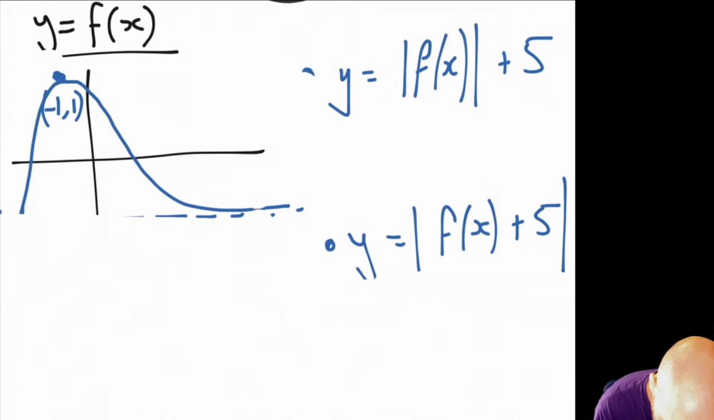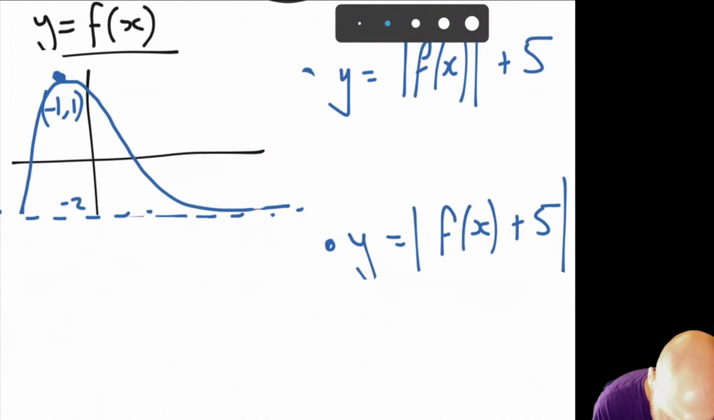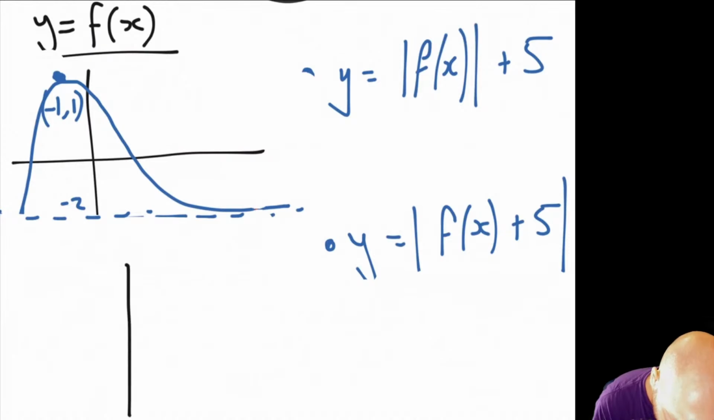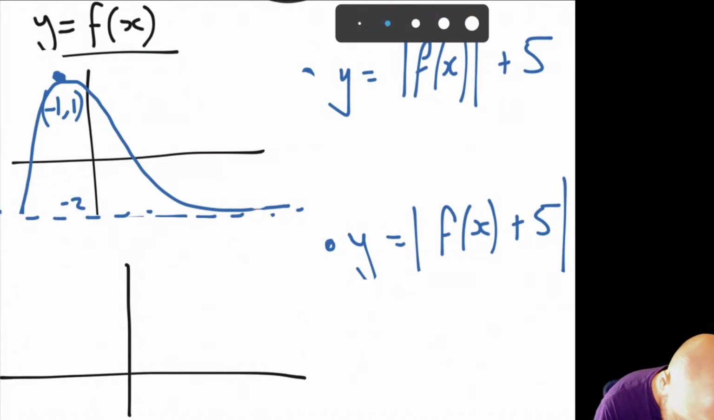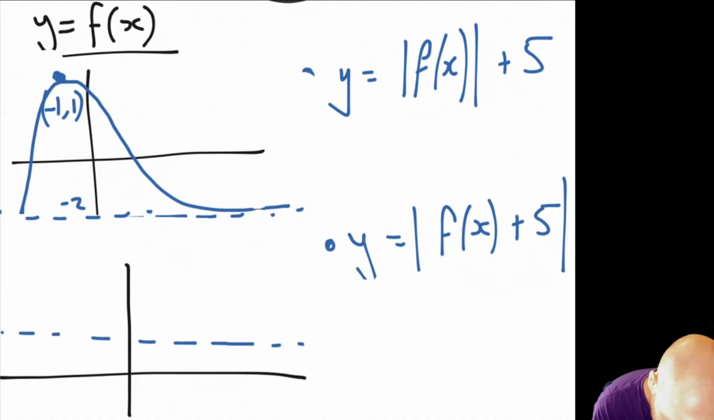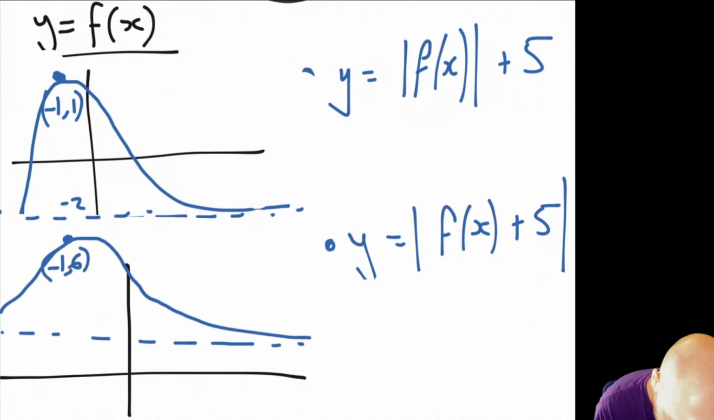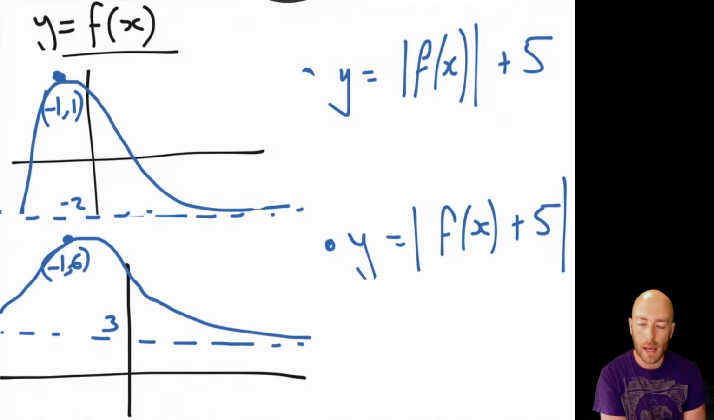I'm just going to redraw the original quickly. That was -2. So -2 moving up 5 is going to go up to an asymptote at 5. The 1 point is going to be -1, 6. Sorry, that's not going to be 5, is it? It's going to be 3. So we've got that. And now we need to do a modulus over all of this thing,